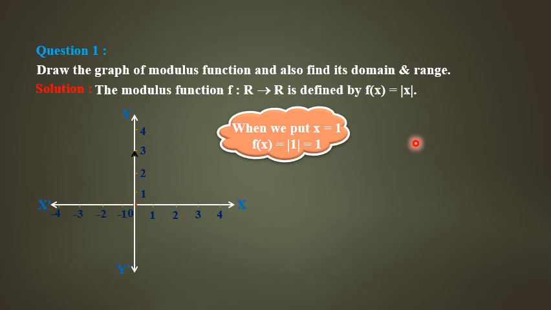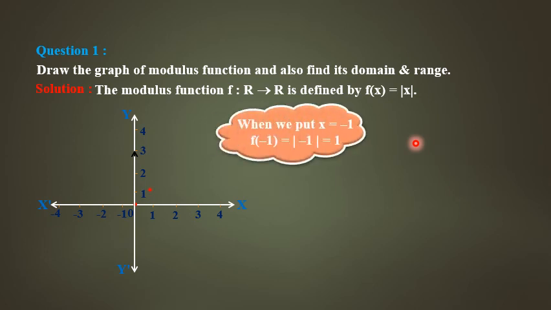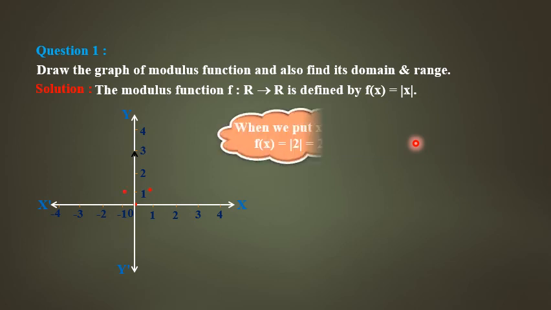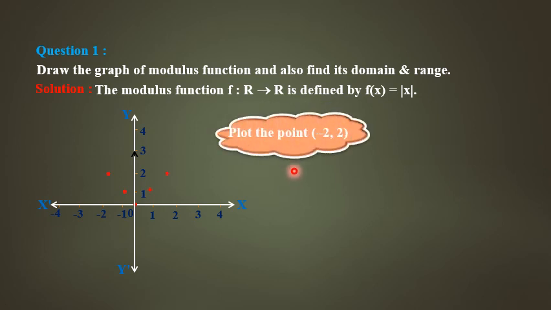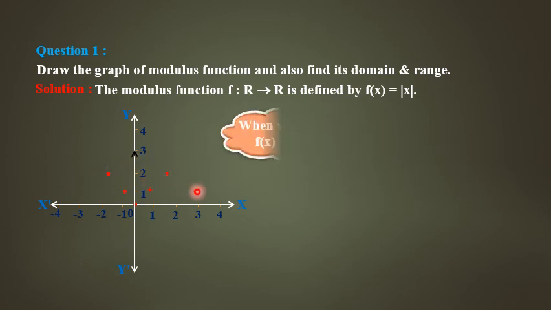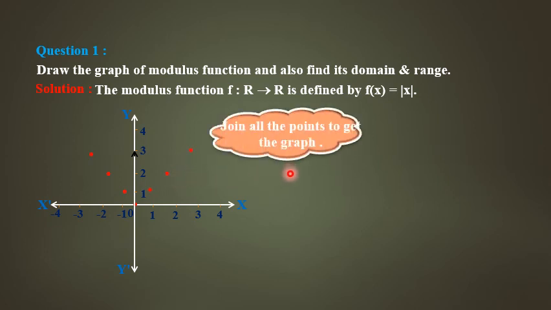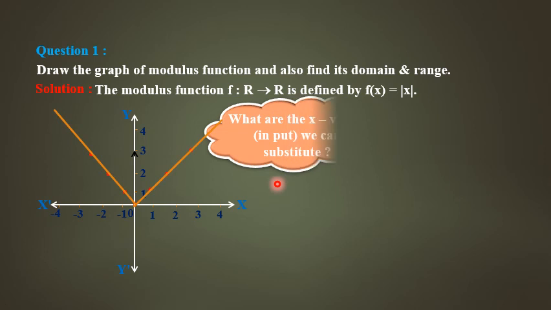Okay, now let us draw the graph for this. Therefore we take the points here, minus 1, f of minus 1 becomes plus 1. Any point if you take, plus or minus, the output you are getting is always positive. And similarly I'm just drawing the points here also, please look at this carefully. And yes, minus 3, plus 3. Yes, join all the points, we get the graph. Look at this, this is the graph.